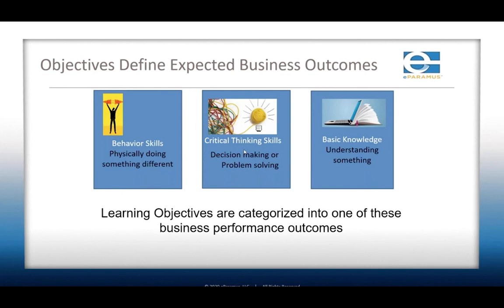So in design analytics, we will take the content that you're covering, we will categorize it into business outcomes that fit one of these categories: a behavior, a physical skill, critical thinking skill, or it's going to be a basic knowledge. So essentially, learning objectives are all categorized into these performance outcomes. Can you guys think of any course that you've ever taught that you couldn't take one of those objectives and categorize it into one of these three categories? No. Okay. We've done this a long time and we've never been able to,